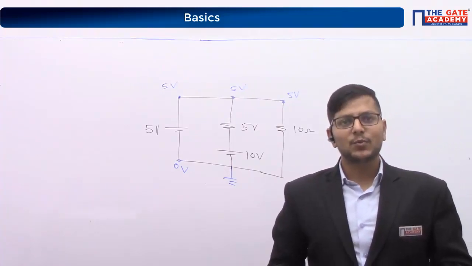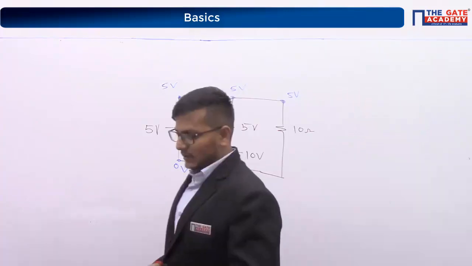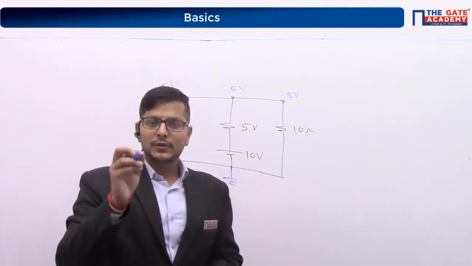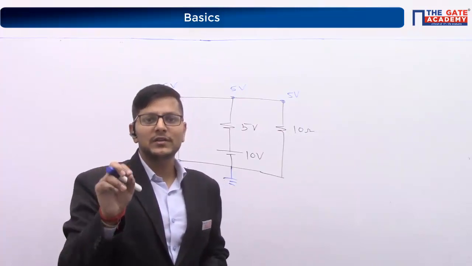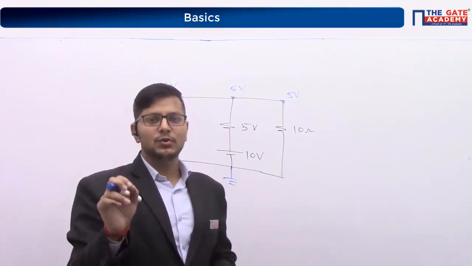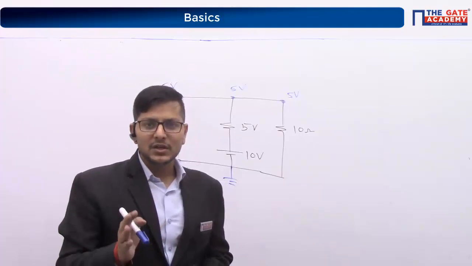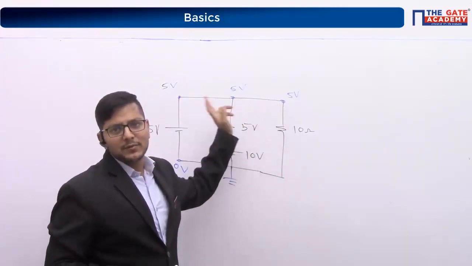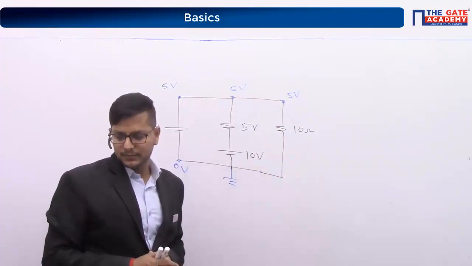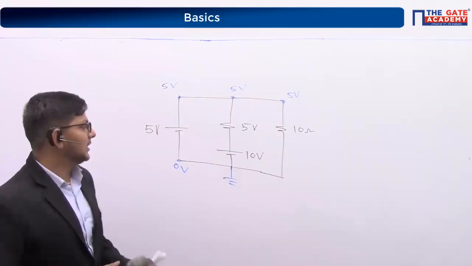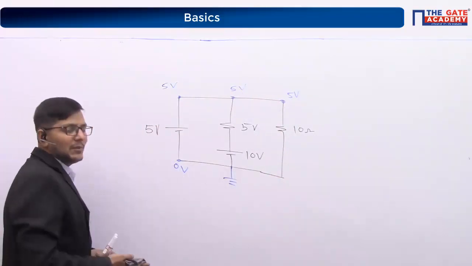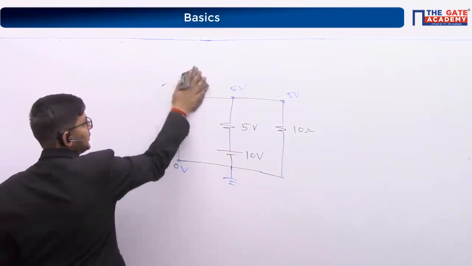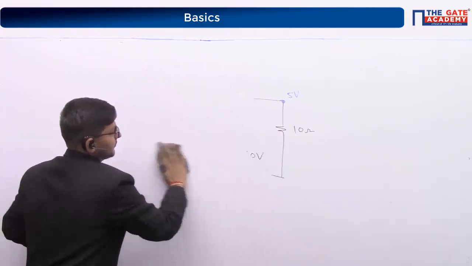Are all of you getting my point? This is a key point. Just keep in mind, you can take those junctions as a node at which voltage is unknown. But here at every point the voltage is known, so there is no node. Clear? This is a little bit tricky. Be careful, sometimes in the exam they ask questions like that. So be careful, all of you.